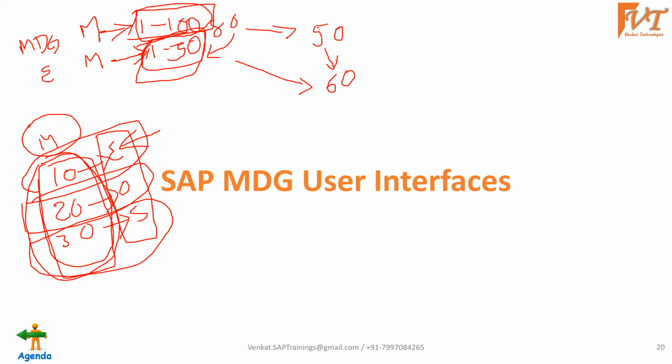Now what we need to do is map this. We need to tell the MDG system that material number 50 in MDG is nothing but 60 in the ERP system. So while transferring the data from MDG, the system understands that if I am moving material 50 to the target system, it should not update material 50, but update only material 60. Likewise, the system can understand and overwrite the respective entity only. Any other question? Thank you. Yeah, no problem.